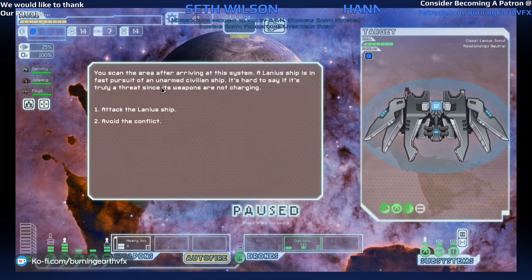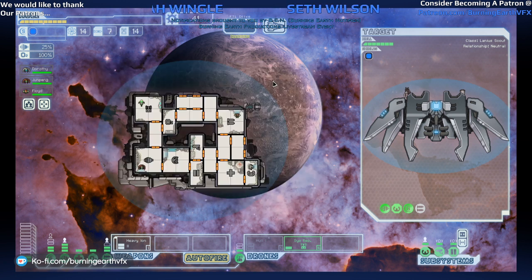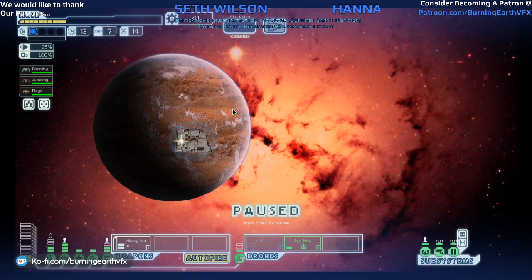What do we got? You scan the area after arriving in the system. A Lanius ship is in fast pursuit of an unarmed civilian ship. It's hard to say if it's truly a threat since its weapons are not charging. I'm going to take a chance and avoid the conflict. Unfortunately, it's not your mission to save every person affected by this war or the Lanius invasion. Let's go this way. I don't like avoiding distress signals, but...